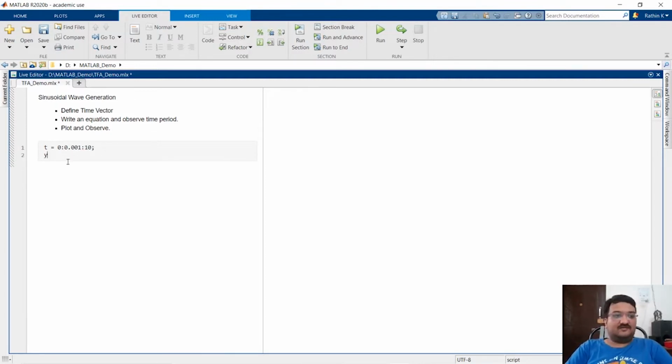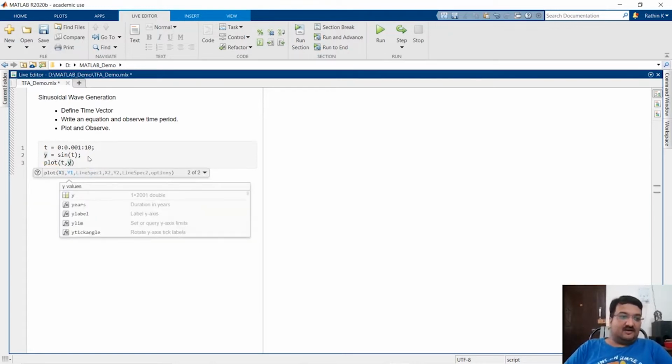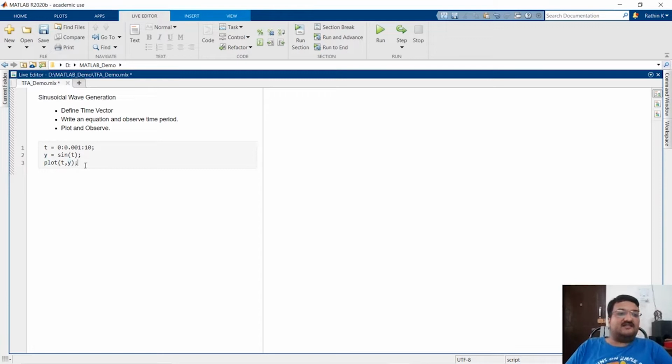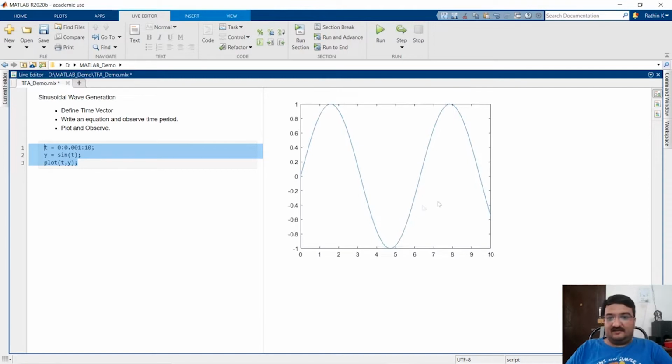Now I just want to calculate the sine wave. I don't know the value and all, but I'm more interested in the relationship between the frequency of this wave and how I can change it. I need controllability on the frequency, which most of you have asked about, and then I can simply plot it with respect to y. Let's quickly run this so you get an idea how it looks, and then we'll play with it to identify how frequency can be obtained. So yeah, you can see that